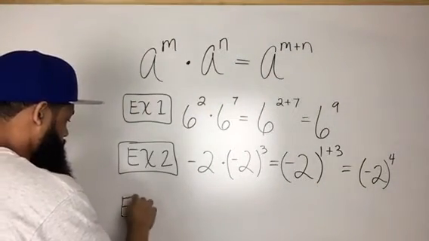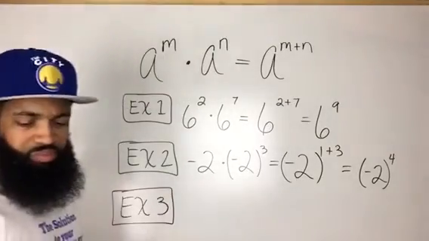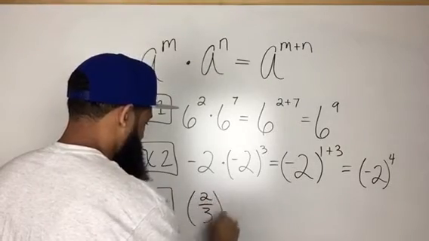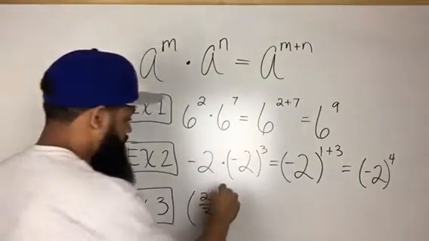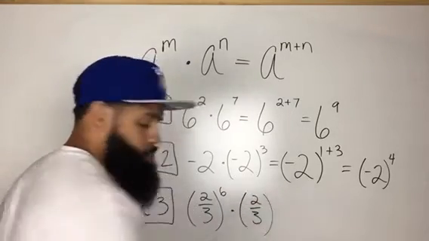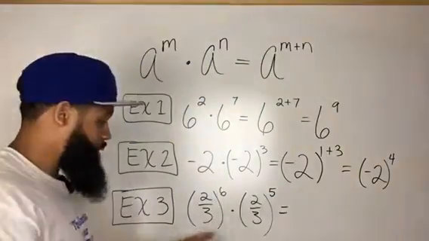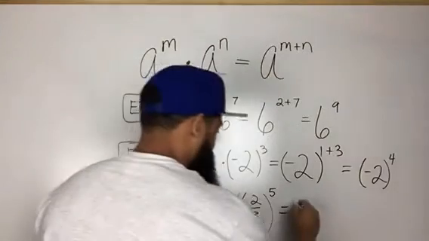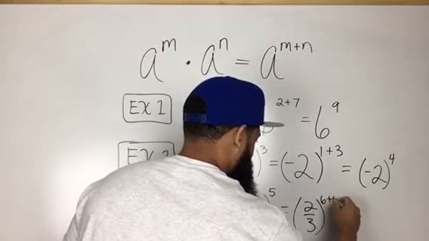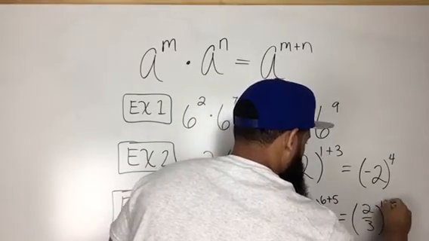Another example could be, let's say we have a fraction. Let's say we have 2/3 to the 6th power times 2/3 to the 5th power. Based upon the rule, they have the same base. We're going to take them and say 2/3 to the 6 plus 5 power, which is simply 2/3 to the